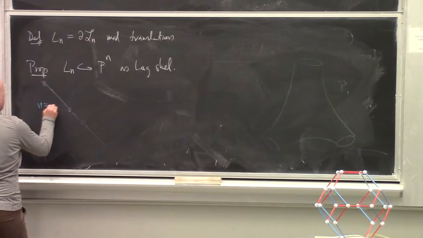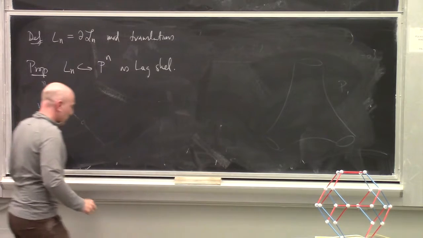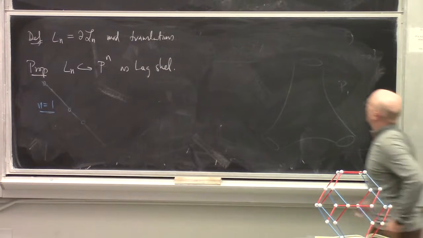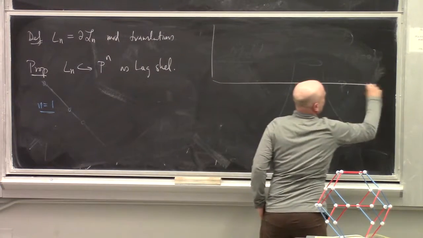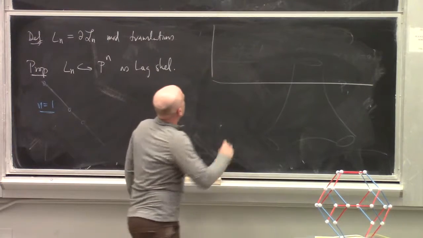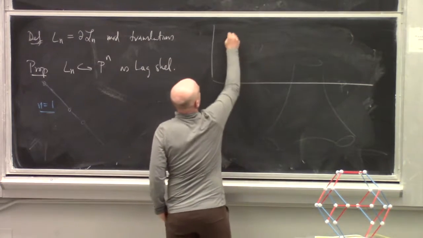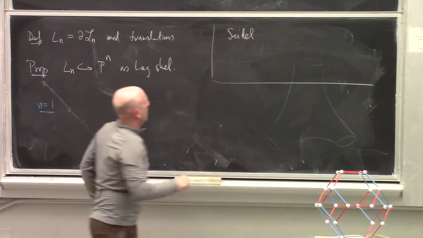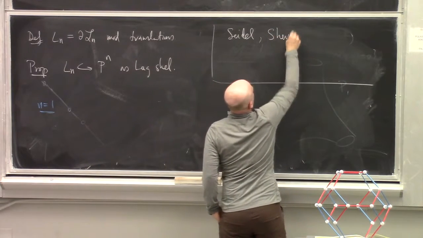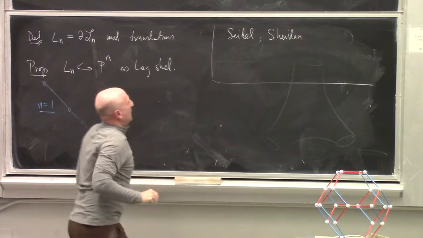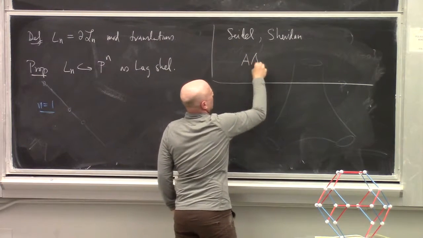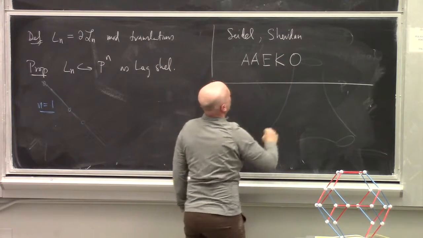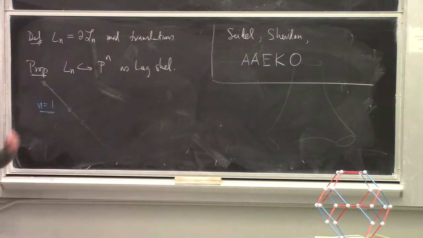For n equals 1, this is very, very well known. At some point I should start listing people whose papers I've learned things from. Let me just say that there's a group of people, some represented here, whose work I've really learned a lot from. First there's Paul's paper about the case n equals 1, then Nick Sheridan's generalization to all dimensions, and then a paper of Abouzaid, Auroux, Katzarkov, Orlov. Anyway, these three papers have helped me a lot.